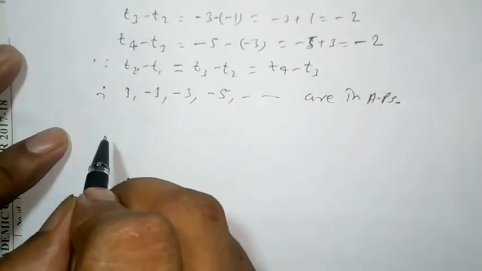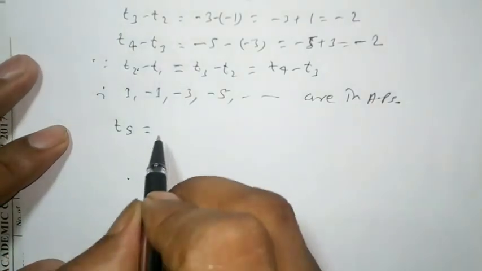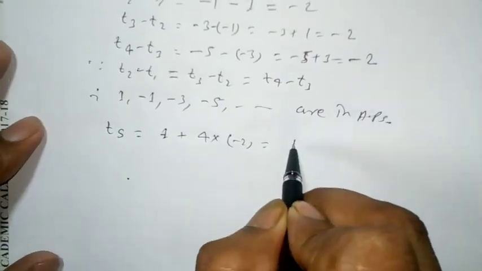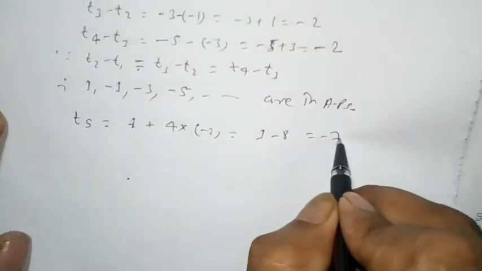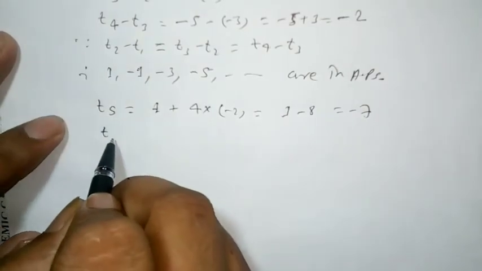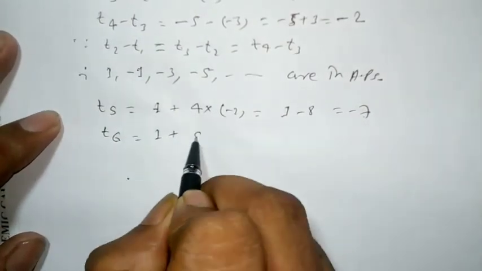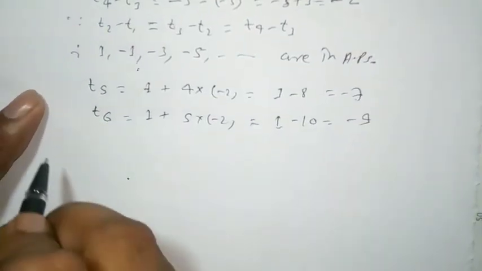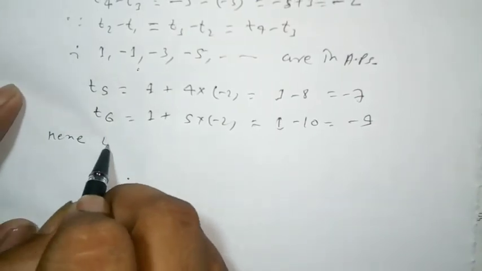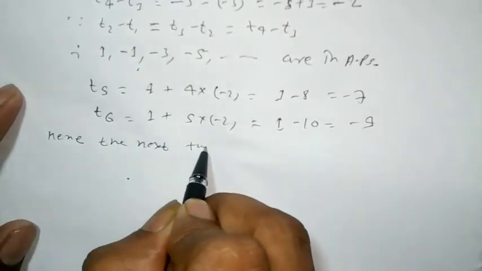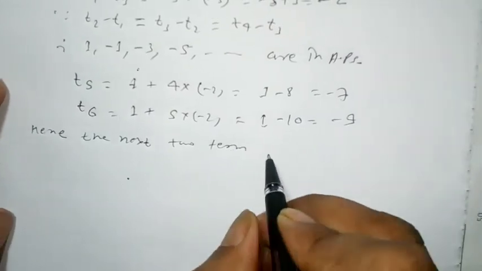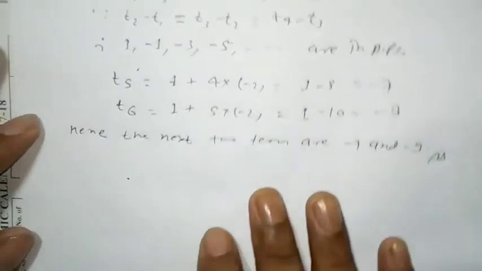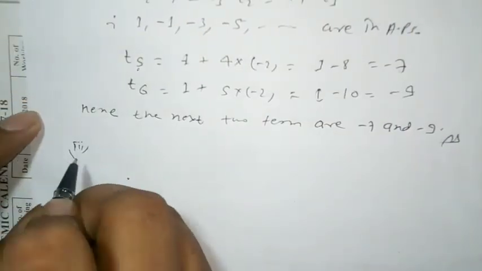The next term T5 is equal to 1 plus 4 into minus 2 is equal to 1 minus 8 is equal to minus 7. T6 is equal to 1 plus 5 into minus 2 is equal to 1 minus 10 is equal to minus 9. Hence, the next two terms are minus 7 and minus 9. Answer. Now the third question,